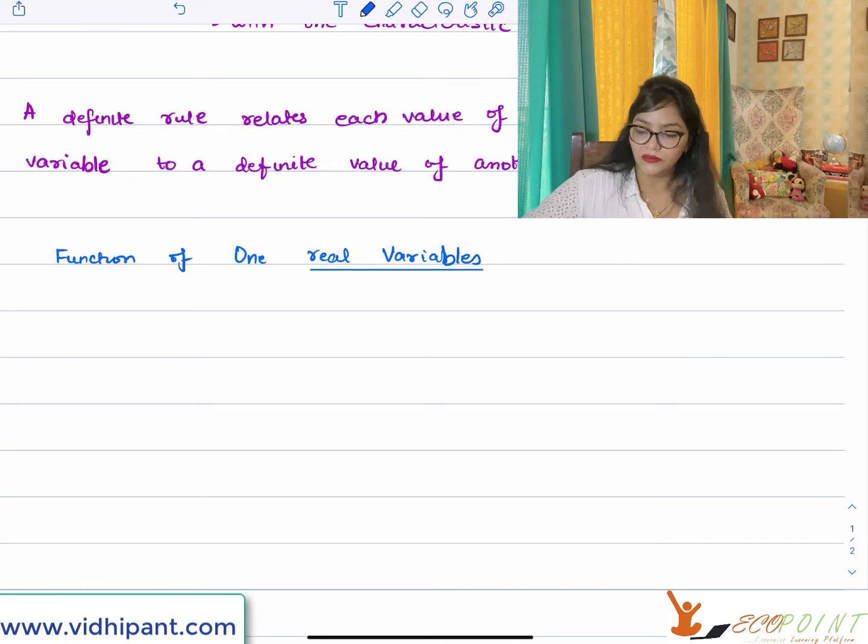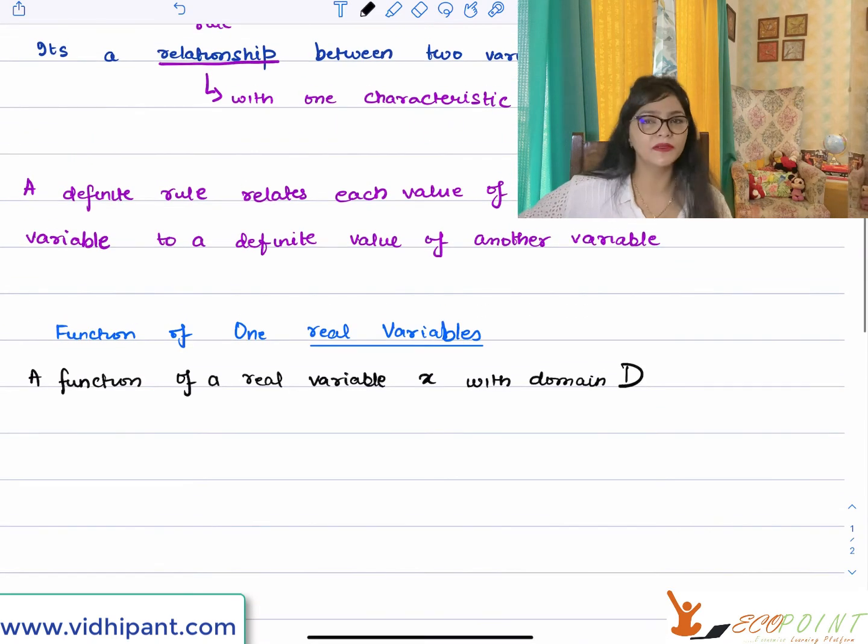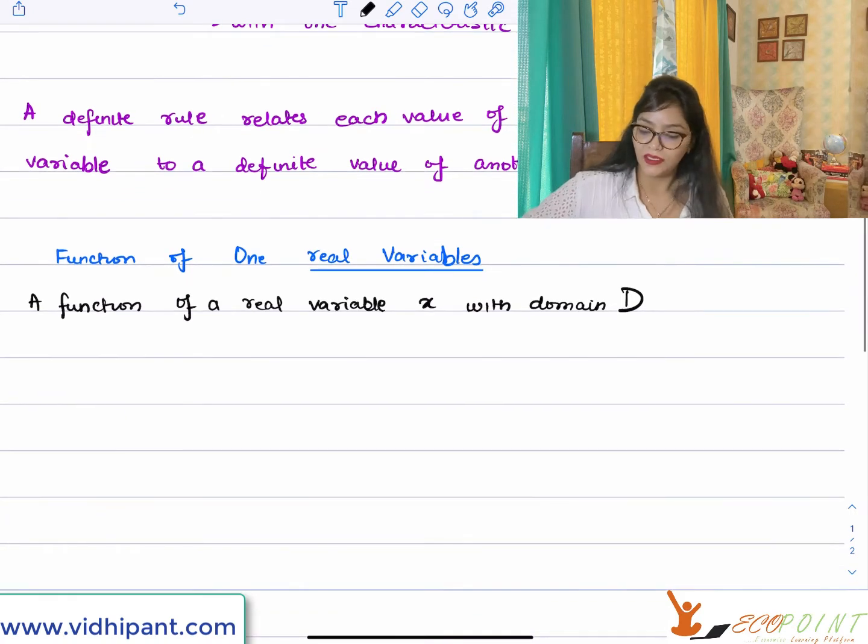A function of a real variable x with domain, say D. Now I'm going to explain what this domain actually means. X is with the domain D, that means your input set, is a rule